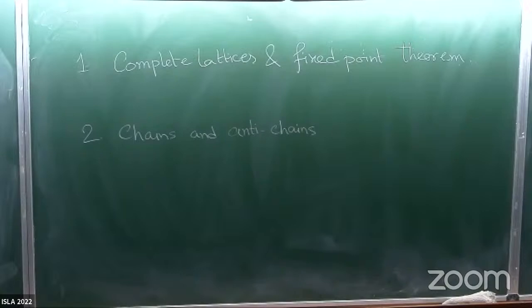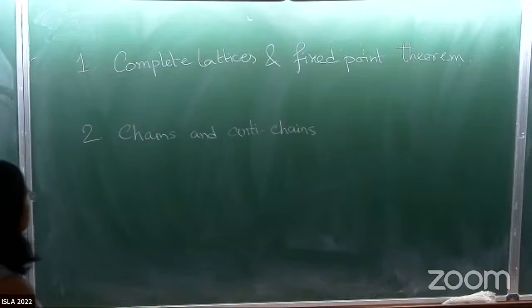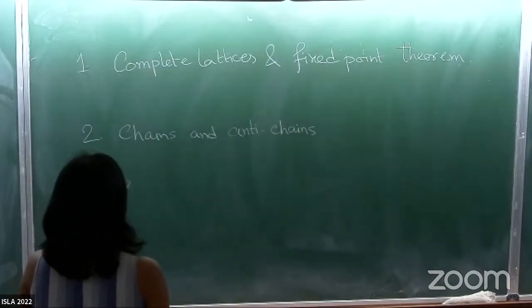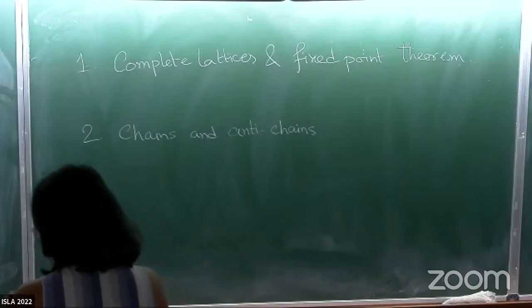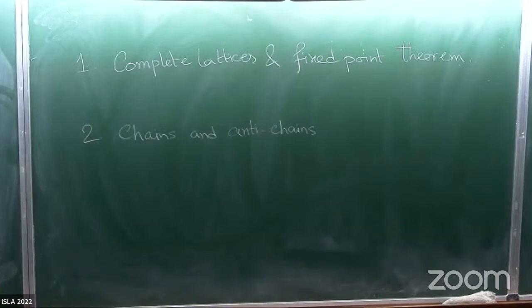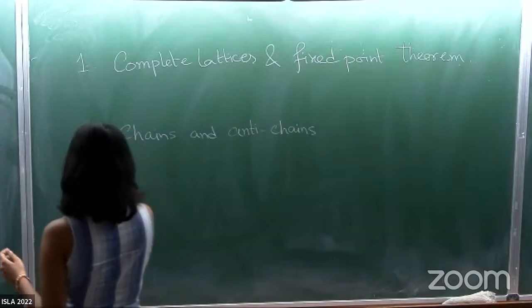There are lots of interesting things happening. You can dig it up on the net, you can find loads of material, and if you are interested, you can present something related to chains and anti-chains as well, such as the ascending chain condition and descending chain condition. There are lots of other things as well. And then there are related topics, like well-ordered sets, well-founded sets. We have talked about partially ordered sets. What about well-ordered sets? That's also something you can think about.